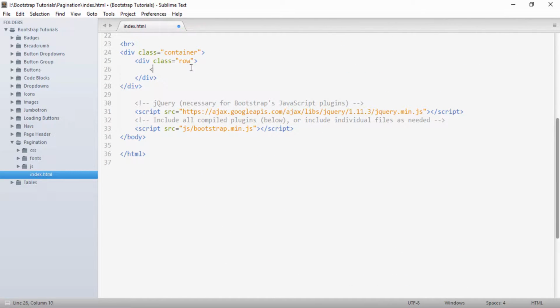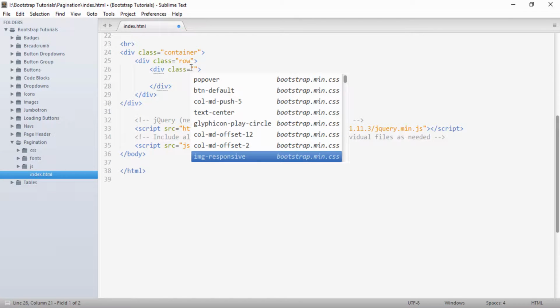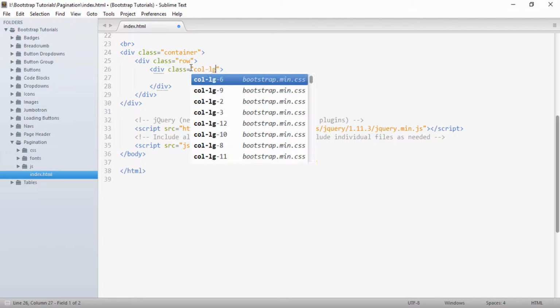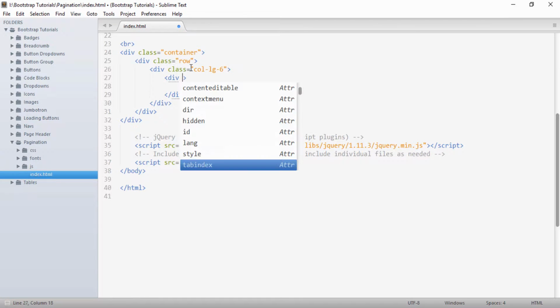Now inside this row I will create two columns of width 6, so col-lg-6, and inside the first column I will create a well,